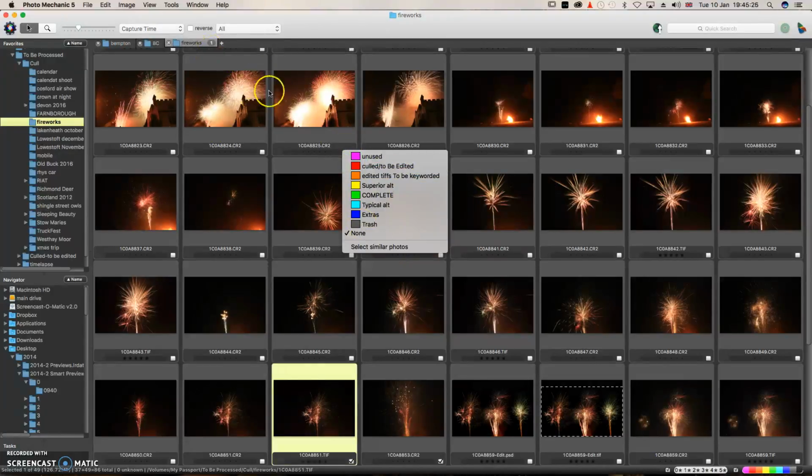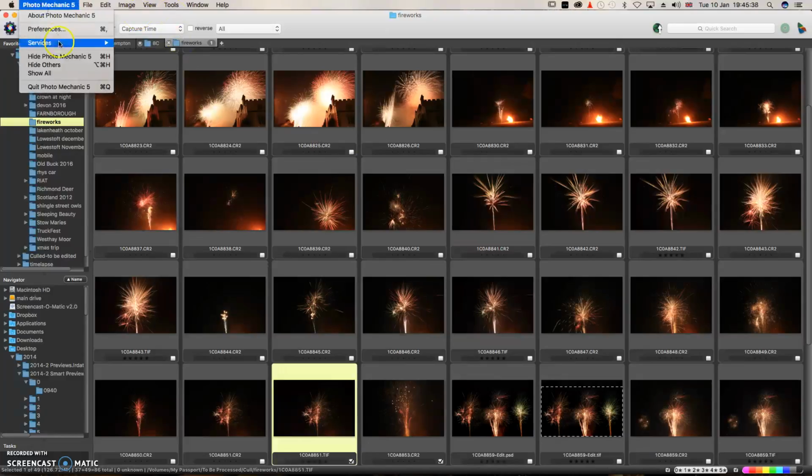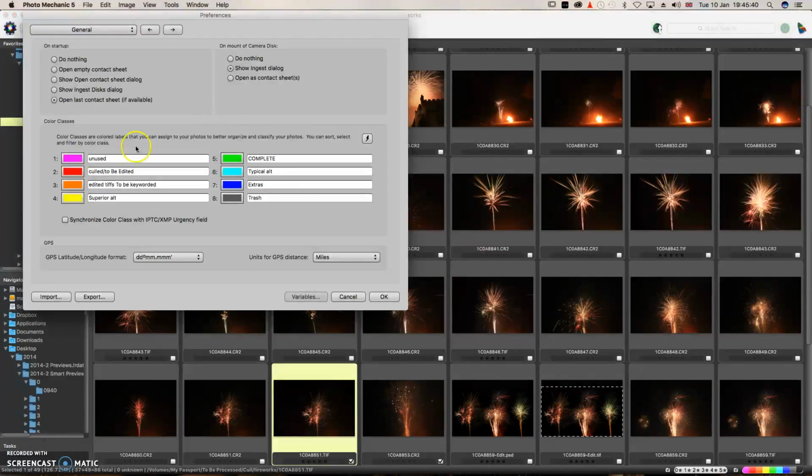You can change the name of these color flags. So obviously I've changed that one to be edited, and that's edited TIFFs to be keyworded. That's done up in preferences. Here you can just type in whatever you want them to be called. There is a way to get these color flags to talk to Lightroom, so Lightroom actually puts the same names and same colors on, but